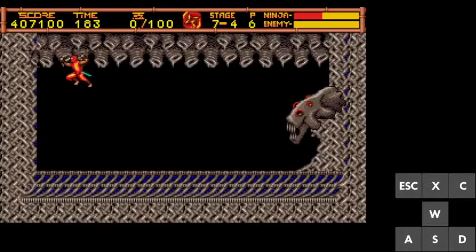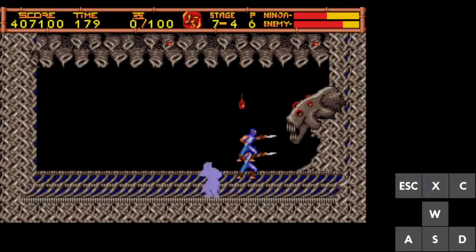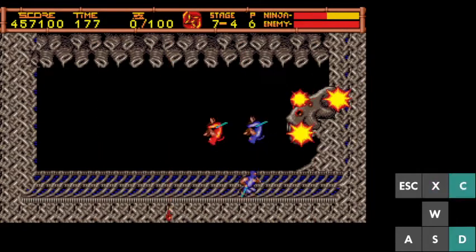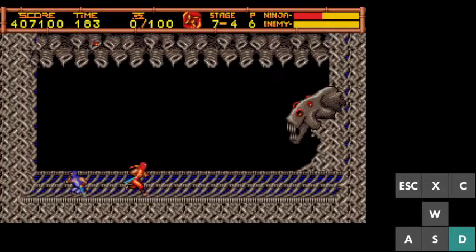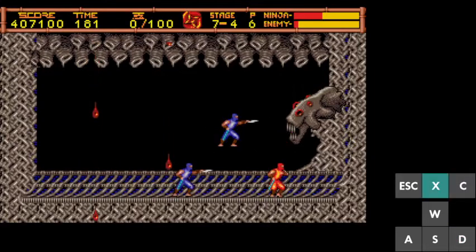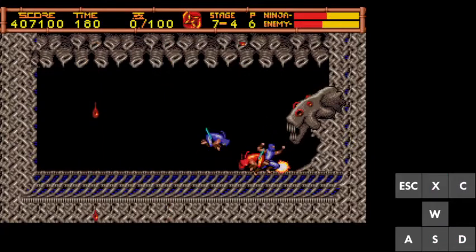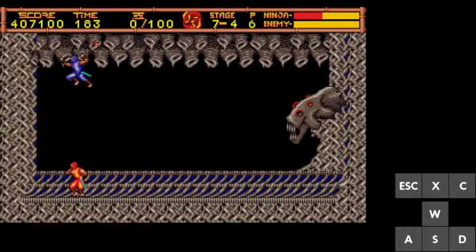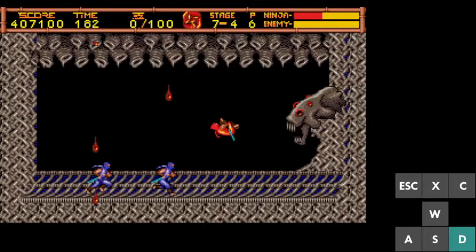Anyway. You're going to jump right into his face and then set up your clones like this and then just spam slash. You might get hit a couple times, but your clones will still stay in slash range and you'll be good. There is a setup that you can do, maybe like this or something. I don't remember how it goes. Anyway, there's a way that you can position your clones such that they'll actually slash all the fire that he shoots at you and you won't have to deal with it at all, but